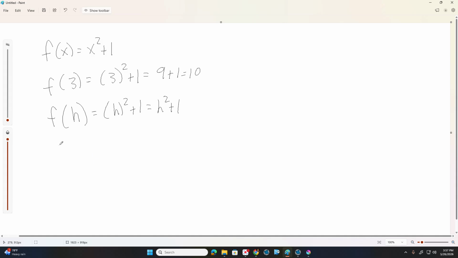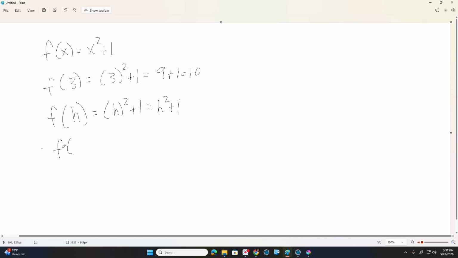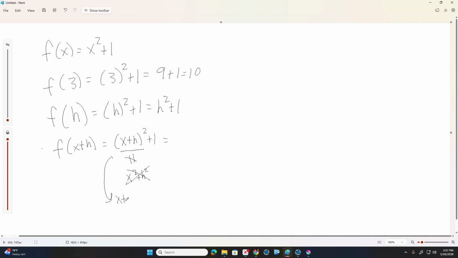Okay. What about something like f of x plus h? Well, we take x plus h, we square it, and we add 1. Now, very, very important. What is x plus h squared? It is not x squared plus h squared. Okay? If you want to really think about what x plus h squared is, it's x plus h times x plus h,